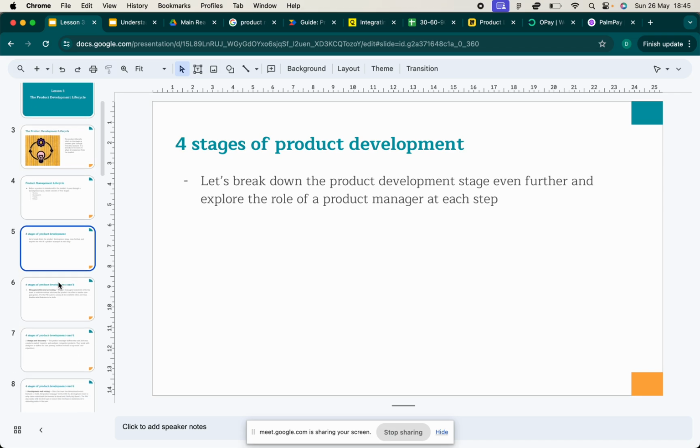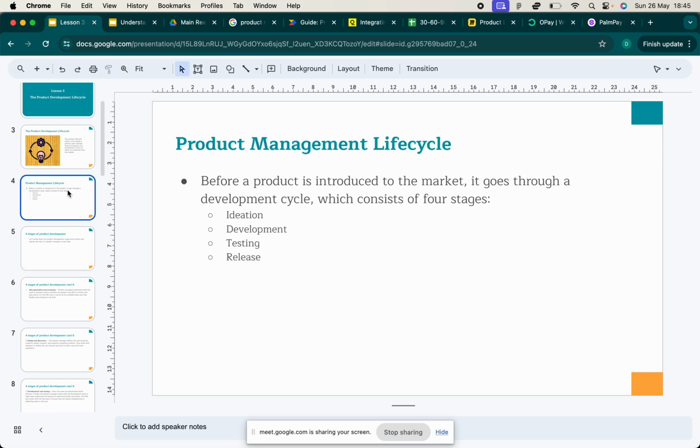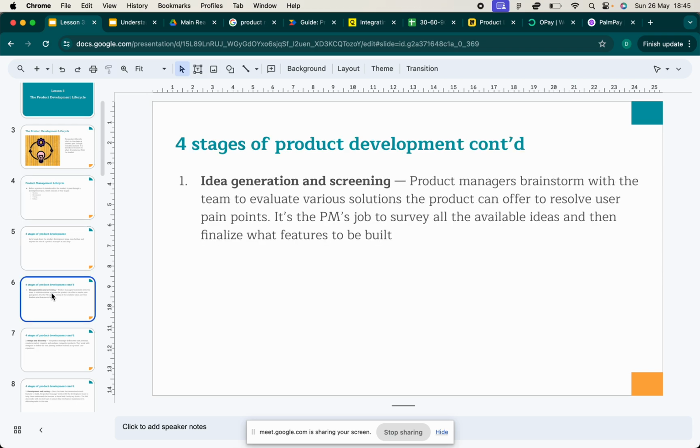As a PM, you're expected to be a master. You're meant to have an understanding of all of these phases. When a company employs you, for example, OPay can employ you and ask you to come in and help them in the development phase, because they've already launched their product. They may have an idea that they're trying to potentially pursue, and they want you to come help them build that idea. When they bring you in, you would think of this class and everything that you learned, and then you'd be able to apply that knowledge and those insights in your role. So let's begin.